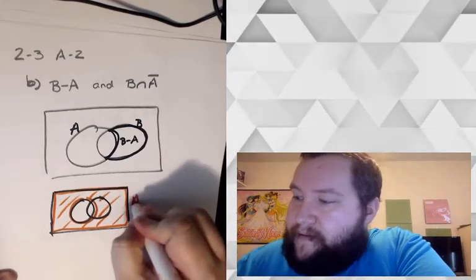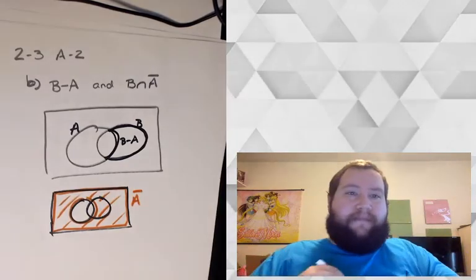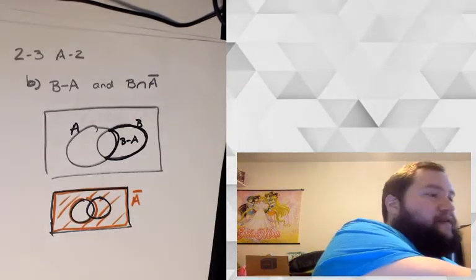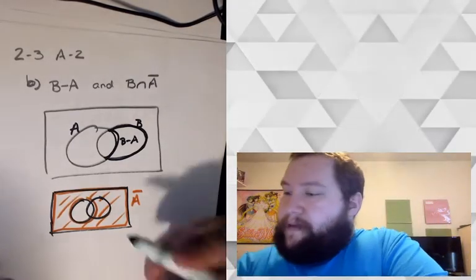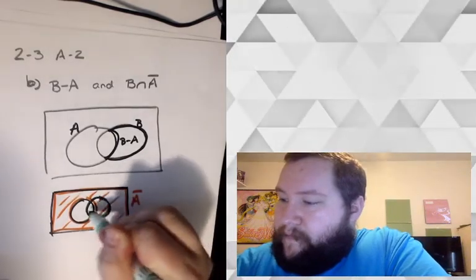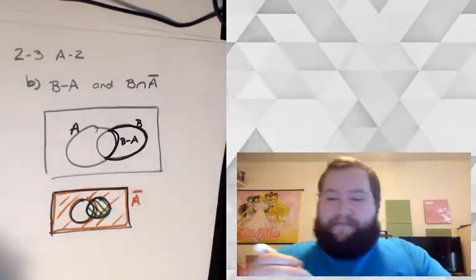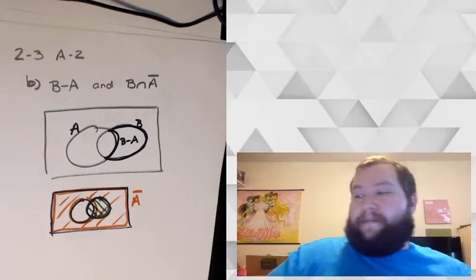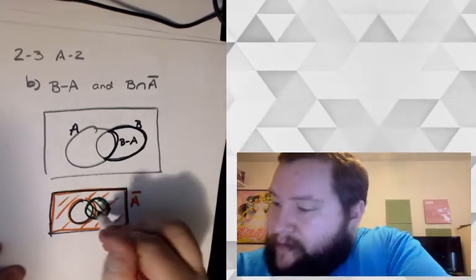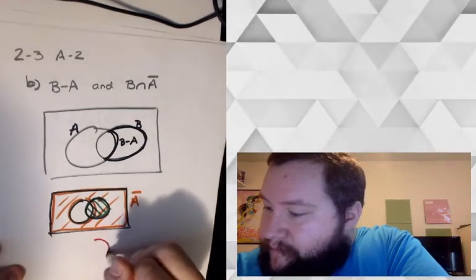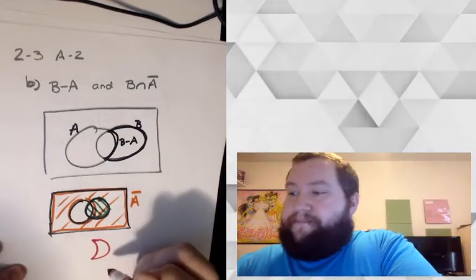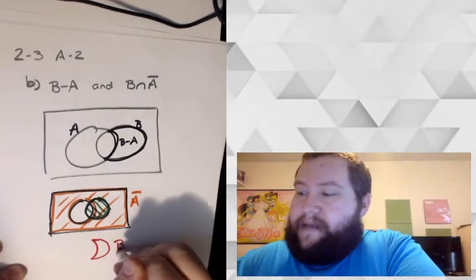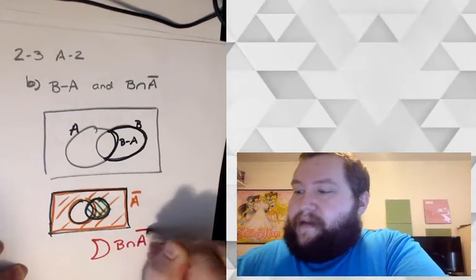That's not A. And it says we'll intersect not A with B. So it says what's common to both? Well, it turns out what's common to both is this part that's doubly colored that looks like that. So that's B intersect not A,